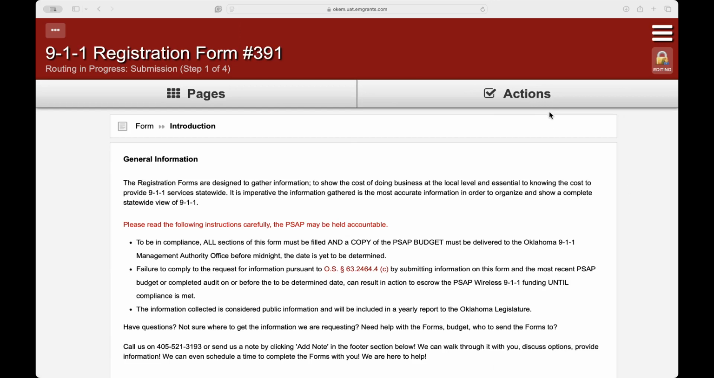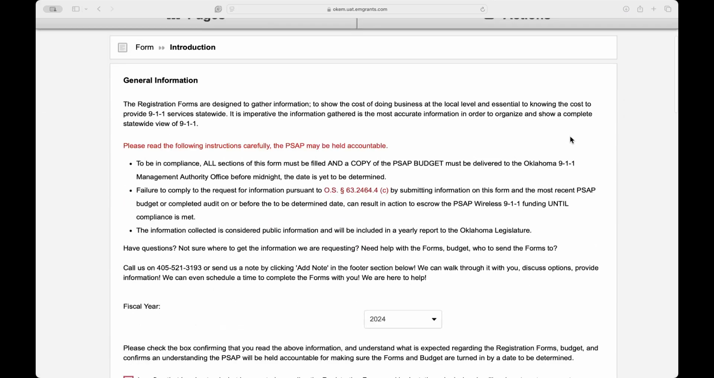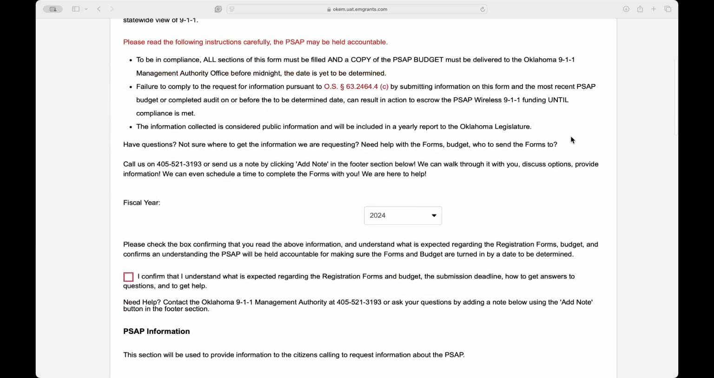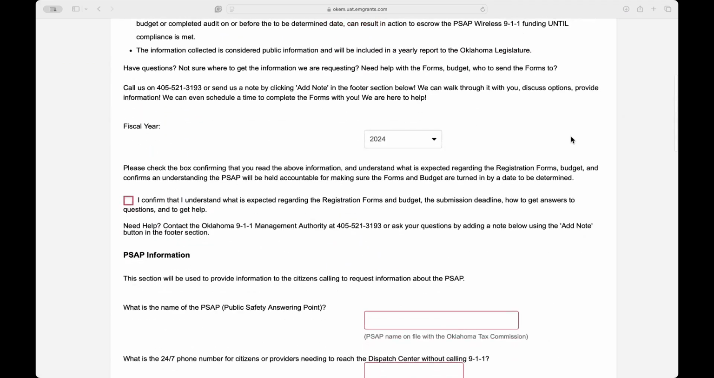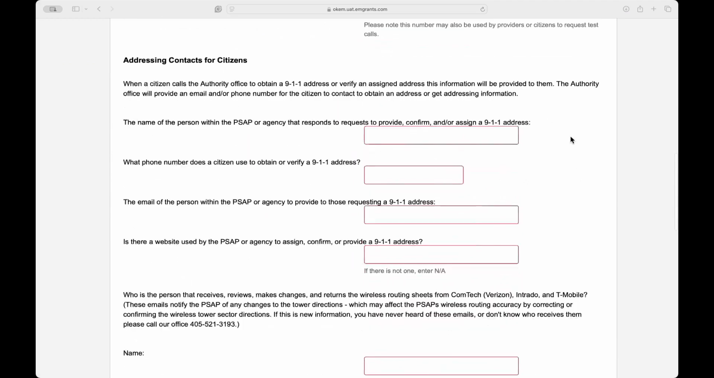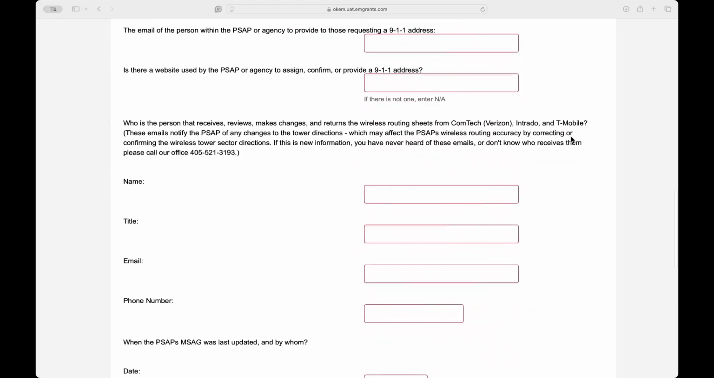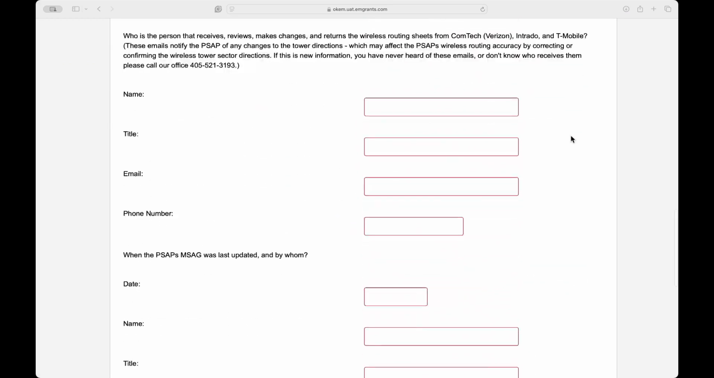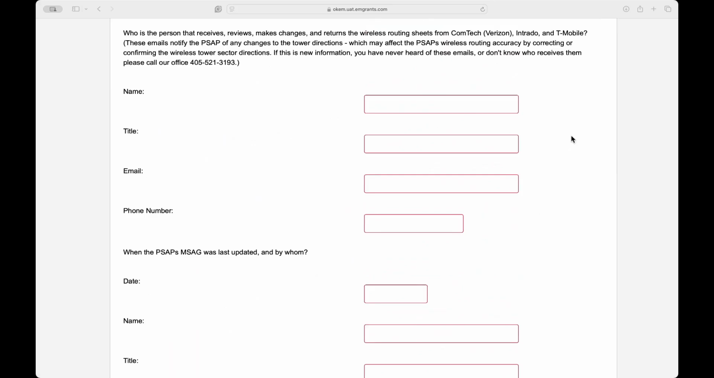The first thing we're going to go over, hopefully everybody can see my screen. This is under the first page. You can't see it because it's made big, but this is under introduction. This is all similar, same as last year. The new information starts here where it's talking about the wireless routing sheets. There should be somebody within your PSAP that is getting these. It should be an email from Comtech,